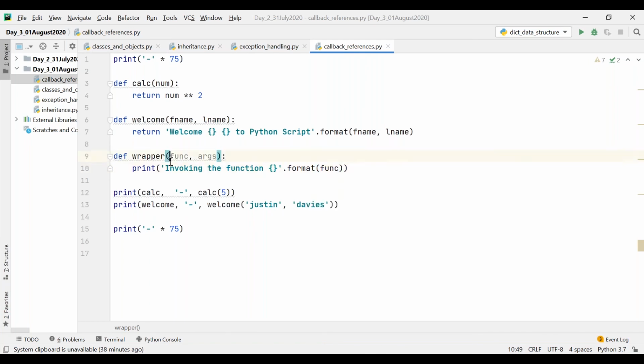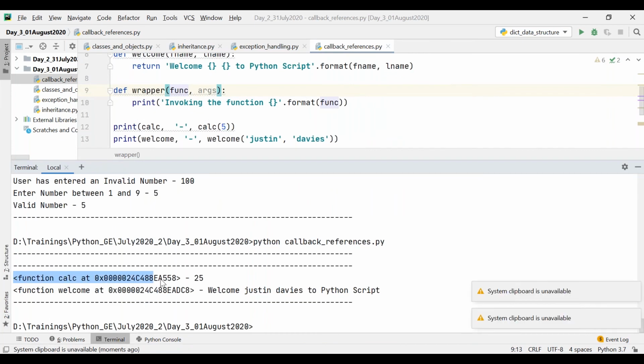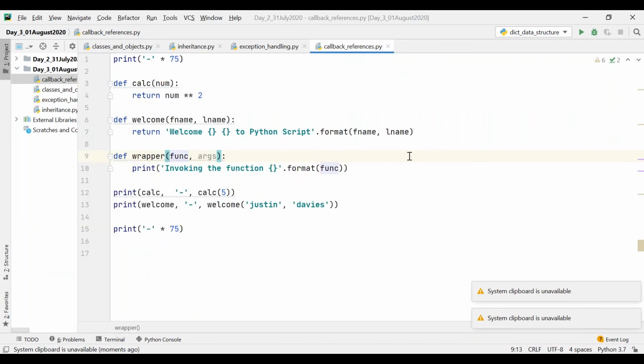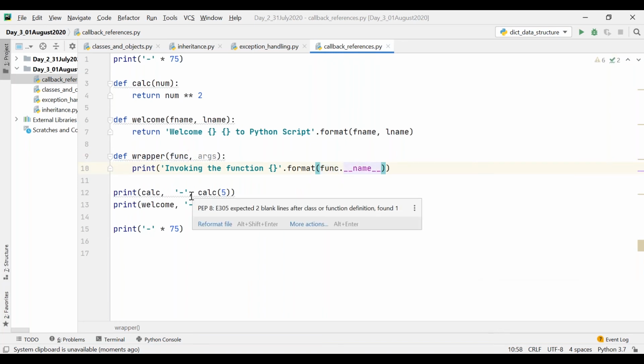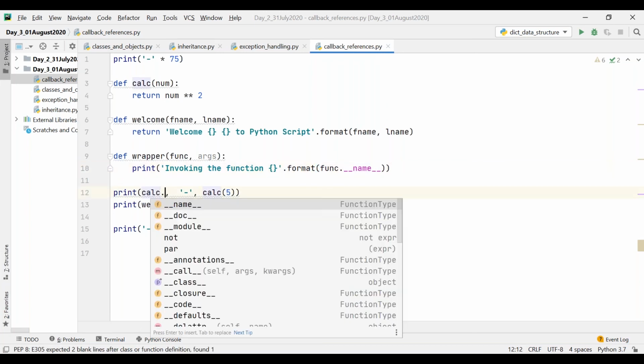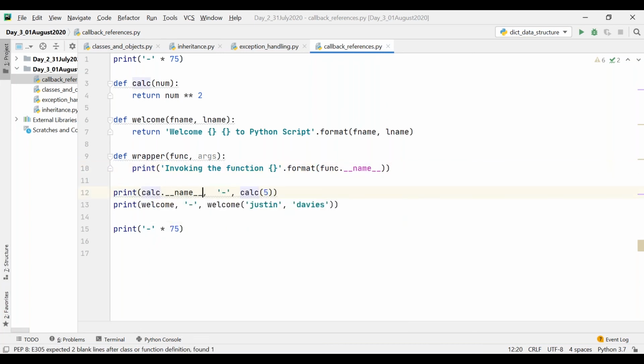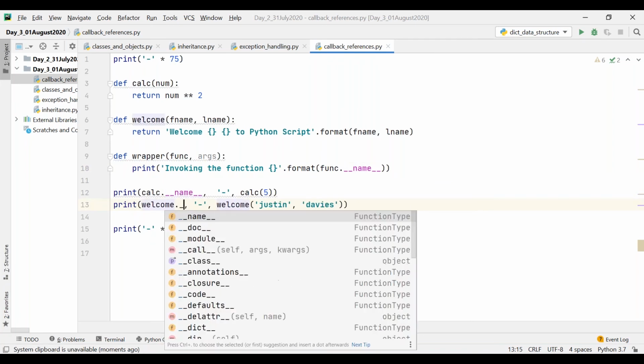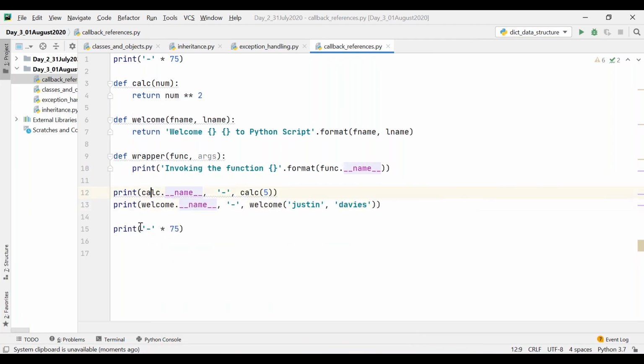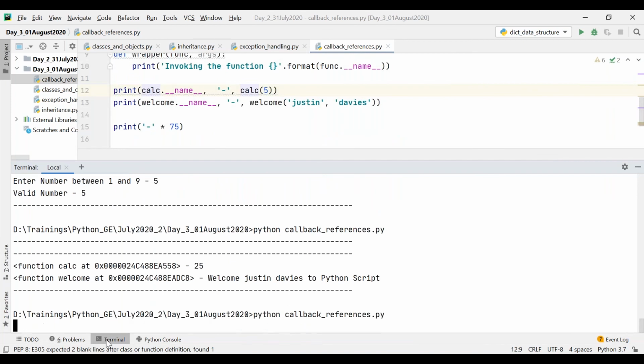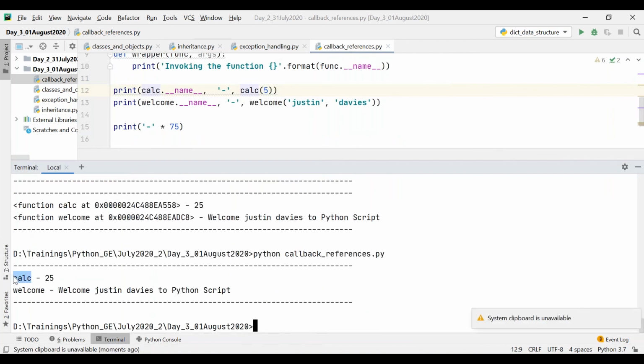Whenever I print the function, it is printing the reference, right? But I want to display only the name of the function. So in that case, I can just say function dot underscore underscore name underscore underscore. So instead of printing the reference, it will print the name of the function.